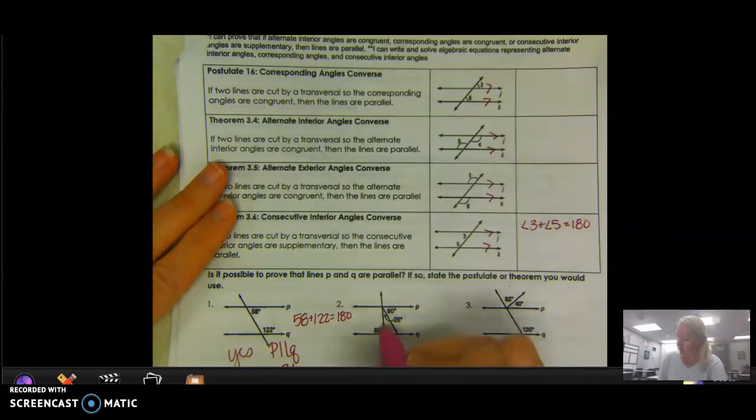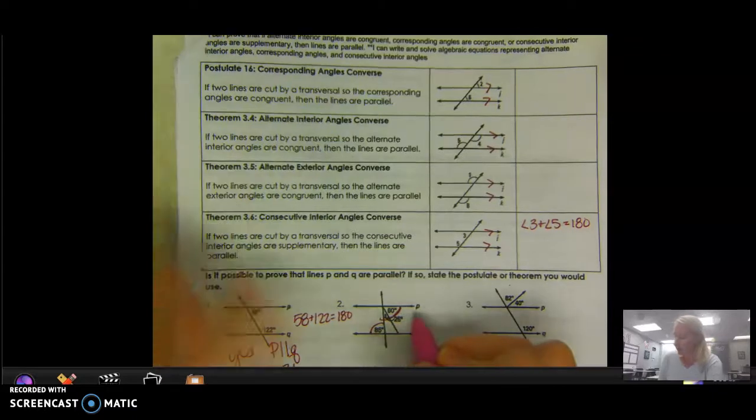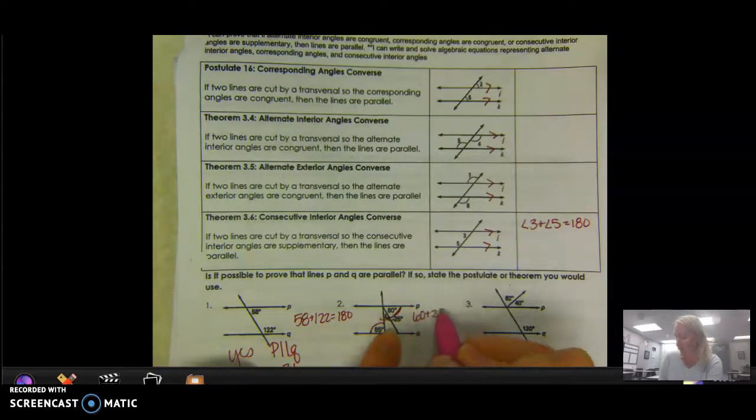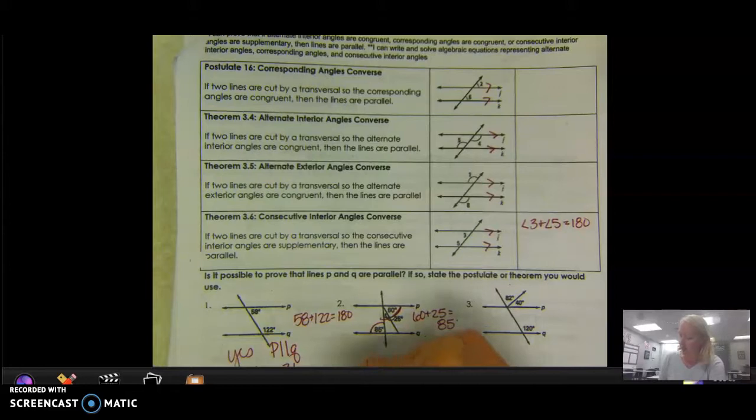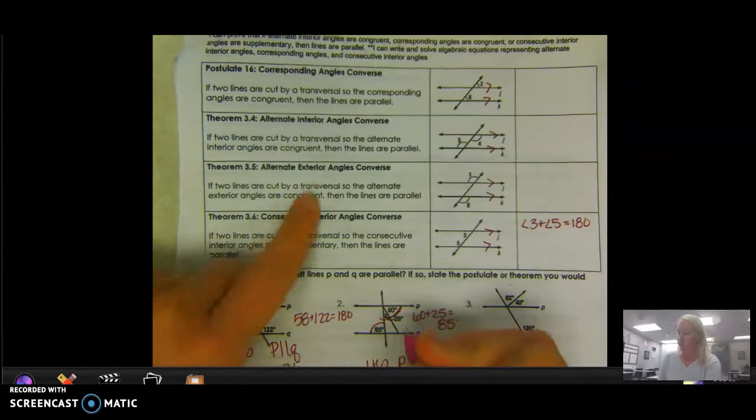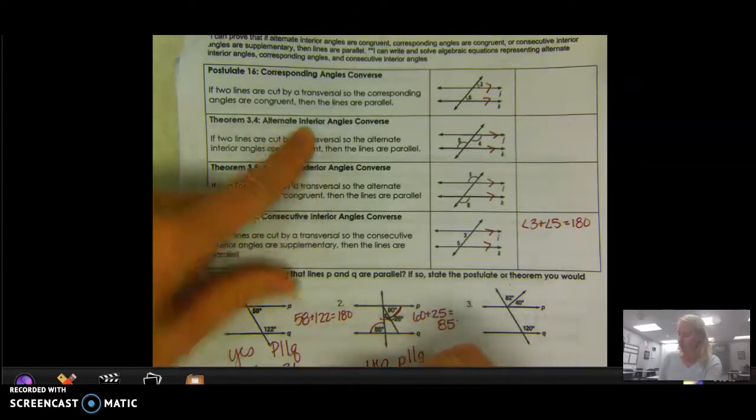This whole angle is 85 degrees. And then if they are parallel, it'd be talking about this whole angle for alternate interior angles. And they would have to be congruent. So I'd have to see what 60 plus 25 equals. That does equal 85. Those two angles are congruent. So yes, P is parallel to Q. Those are alternate interior angles. So alternate interior angles is right here. So that's theorem